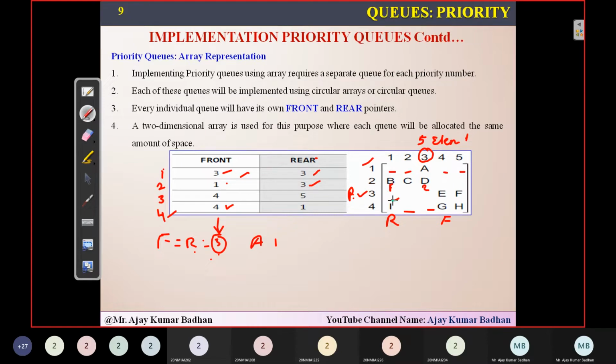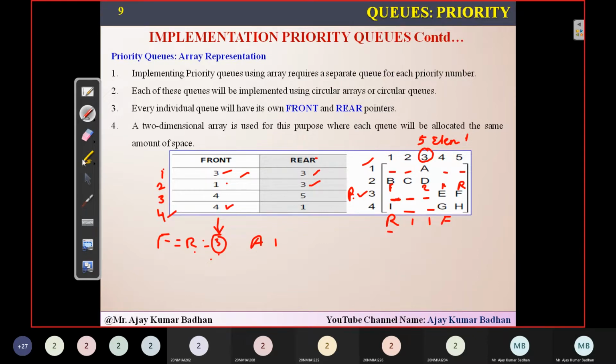When you are coming to the third priority, how many slots are present? So last 2 are front. So front is present here, rear is present at the maximum space. So if you want to insert the element, first you have to make rear equal to 0. Then only you can add. So how many elements we can add? 3 elements we can add. Coming to the fourth one here, how many spaces? Already front is here, rear is here. There are 2 more empty spaces available where you can insert the values.